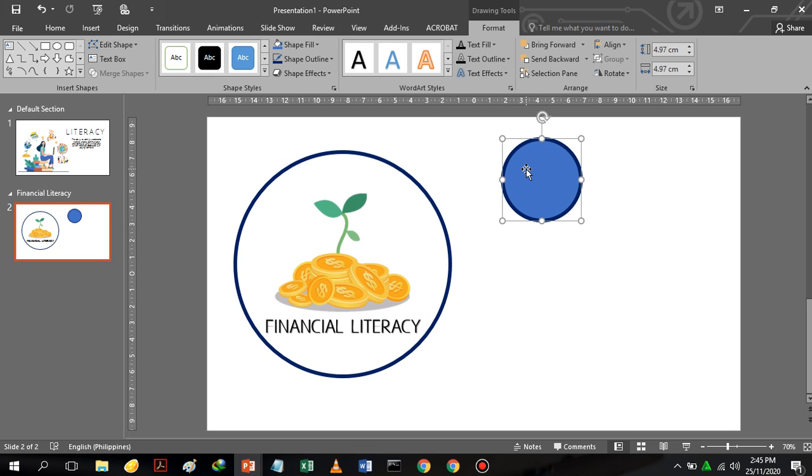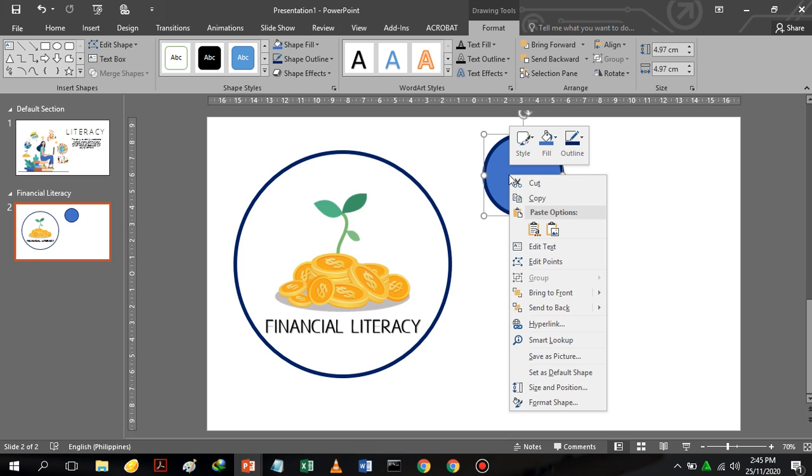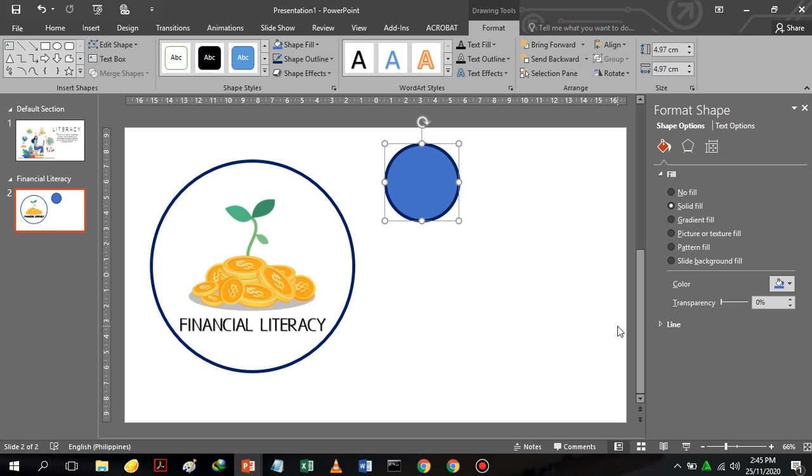Now, in order to lighten this one, the inner color, we're going to right click the shape, then go to Format Shape, and then set the transparency to 85%.